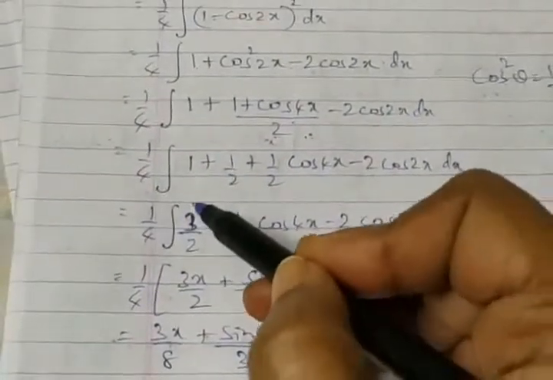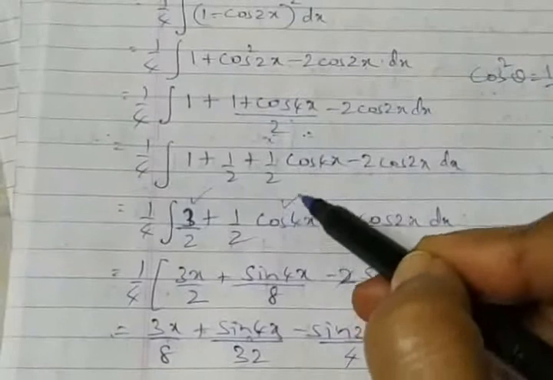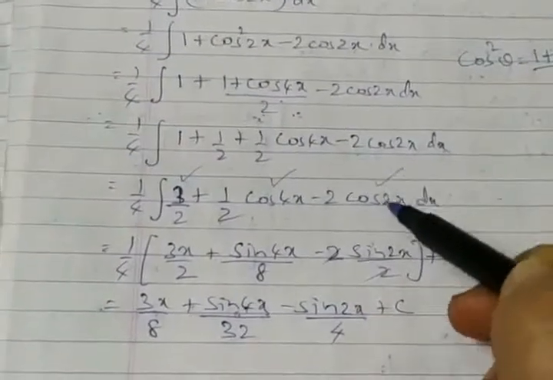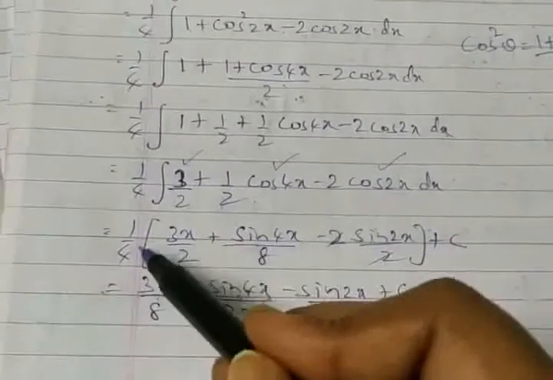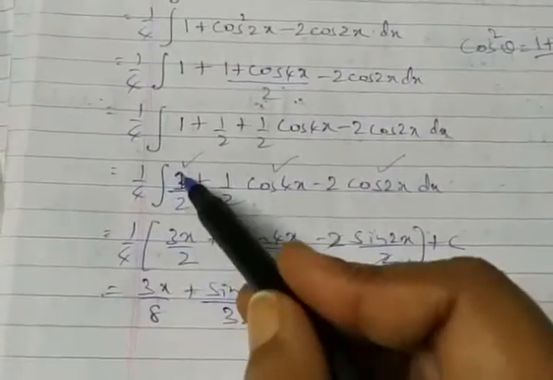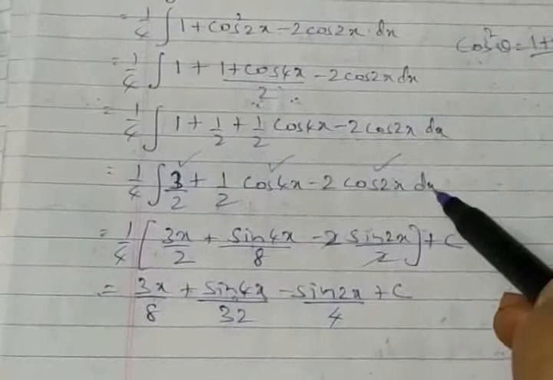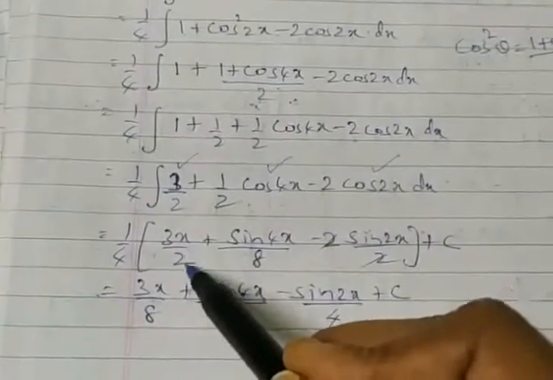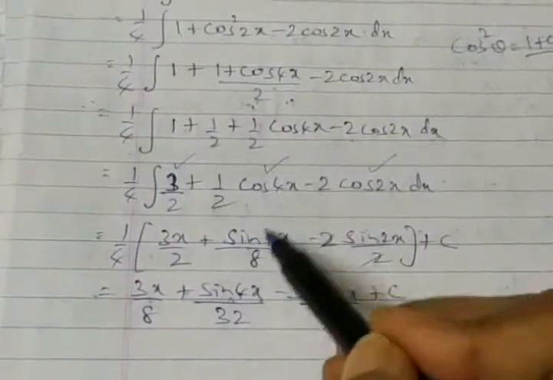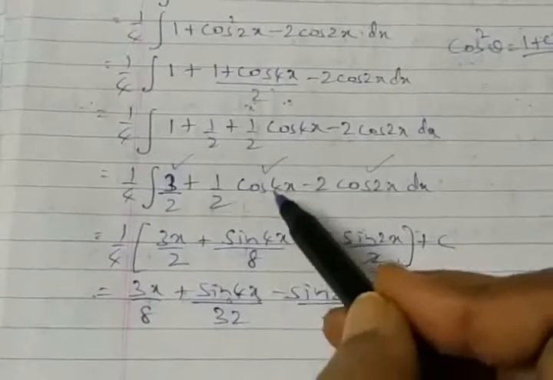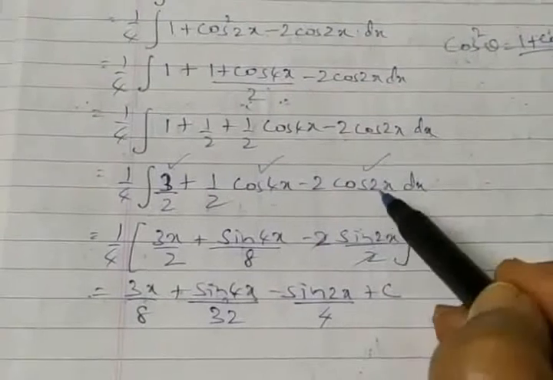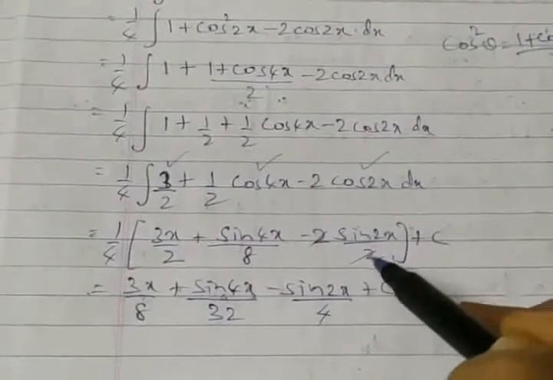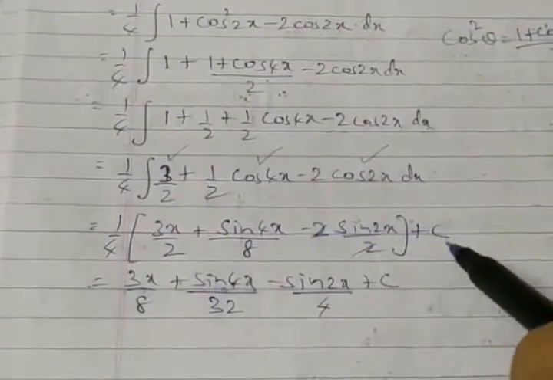Now is it ready to integrate? Yes, ready, under the standard result. So at this stage, let's go for integration. 1 by 4 kept as it is. Integration of 3 by 2 with respect to x is taken as 3x by 2, plus cos 4x integrates to sin 4x, denominator 4, 2 fours are 8, minus 2 kept as it is. Cos 2x integrates to sin 2x by 2. The 2s get simplified, plus c, which should and must be there.